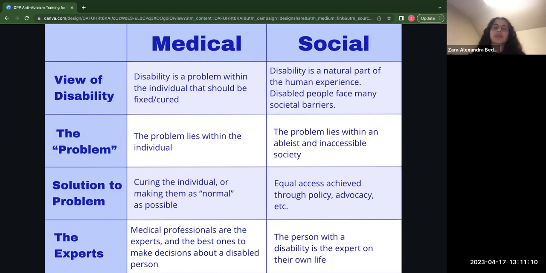The reason we introduced these three different models is to shift the mindset around disability. Instead of looking at disability as individual problems, look at the difficulties imposed by society onto disabled people. Recognizing and understanding these three models makes it easier to change your mindset and frame your understanding of disability around the social and/or cultural model.